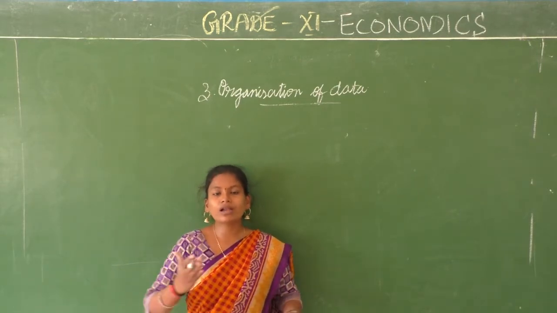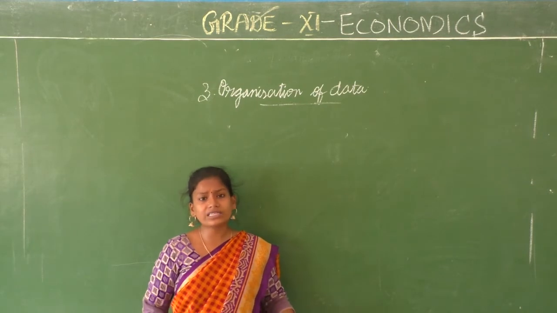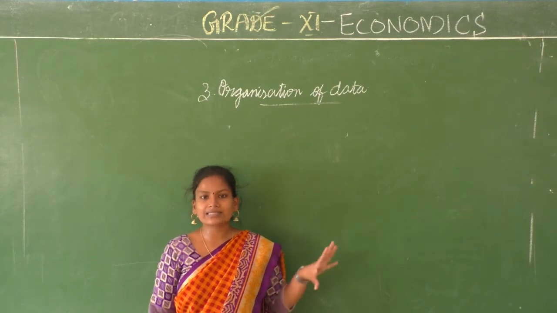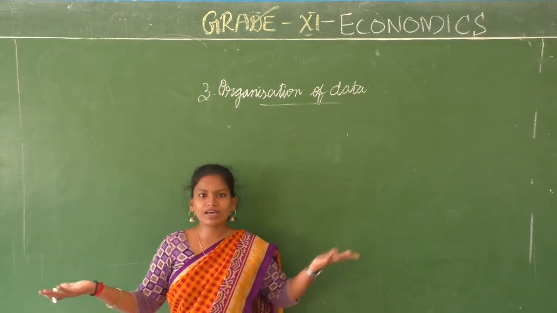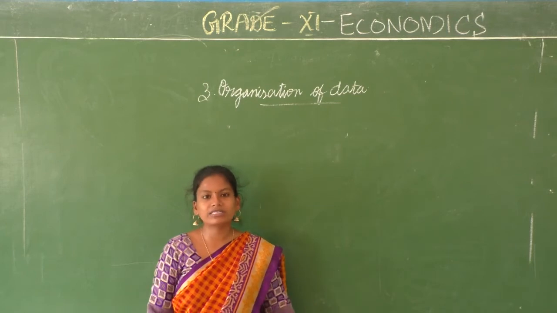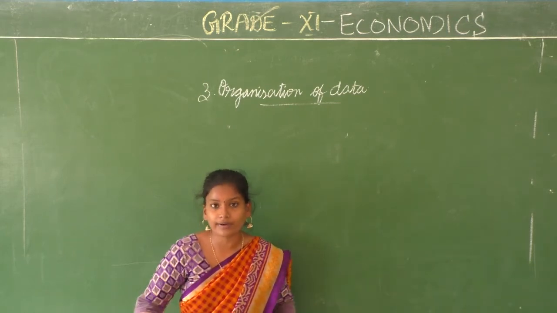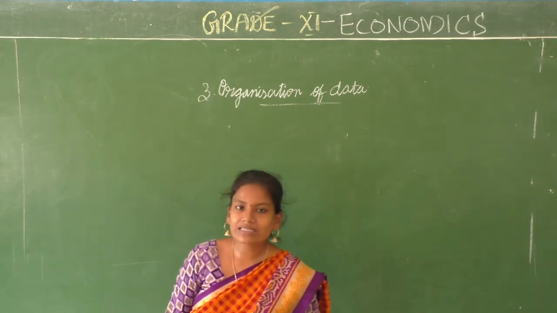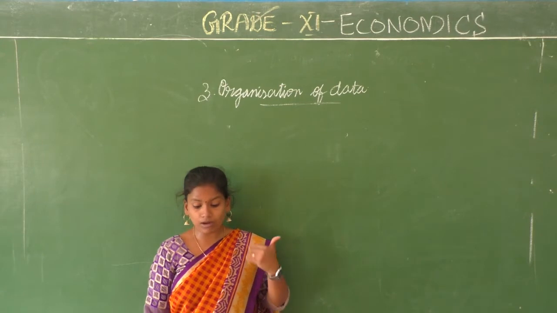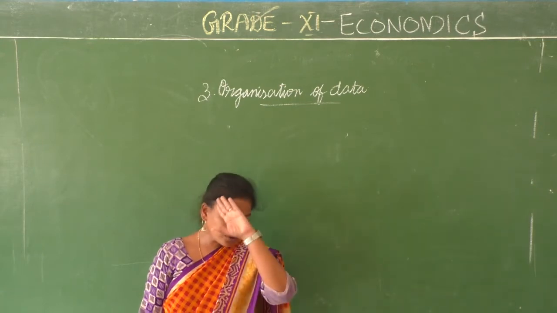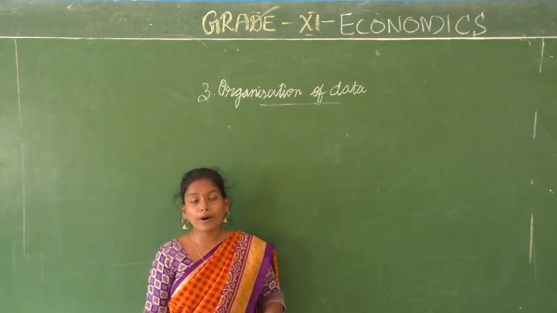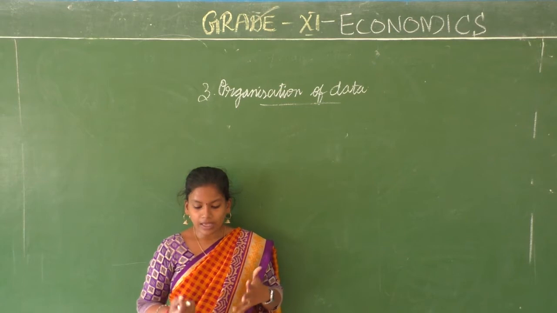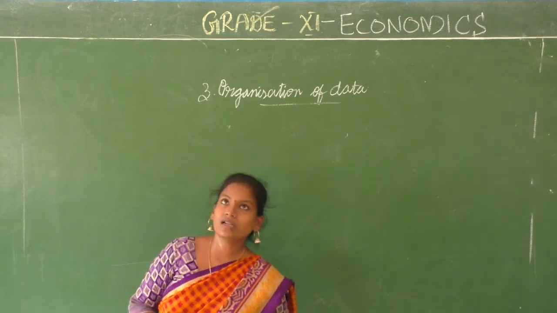Here also we do classification of data. Why do you classify these things? For placing them in the right place and for easy access. If you keep it somewhere else, or keep it in the same box that you received it in, it is very difficult for you to look for it. All of a sudden you can't find it. That is why you need to organize it properly. How do you organize it? Through classification of data. First, you will classify the data. What is the purpose of classifying raw data? It is to bring order so that they can be subjected to further statistical tools.